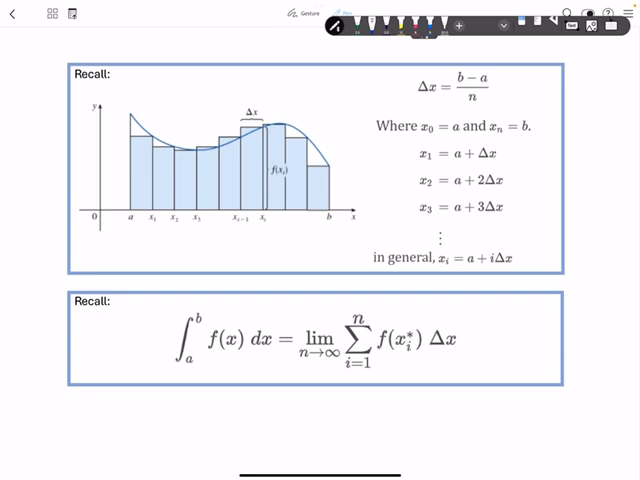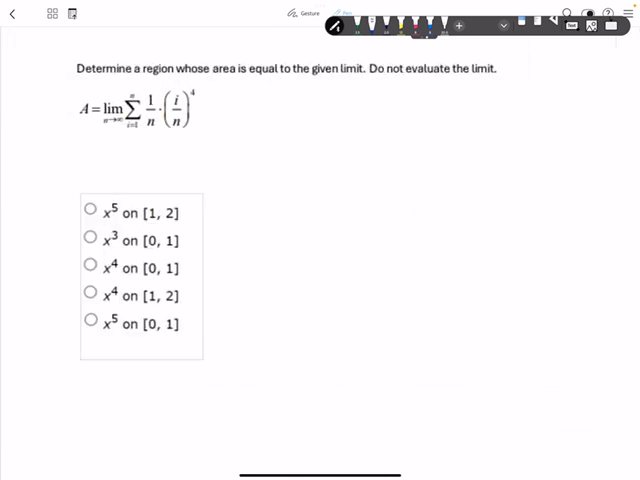And then remember specifically the definition of the integral, that is the integral from a to b of f of x dx, is equal to the limit as n goes to infinity of the sum, i going from 1 to n, of f of x sub i times delta x. So keeping those in mind, back to my problem,